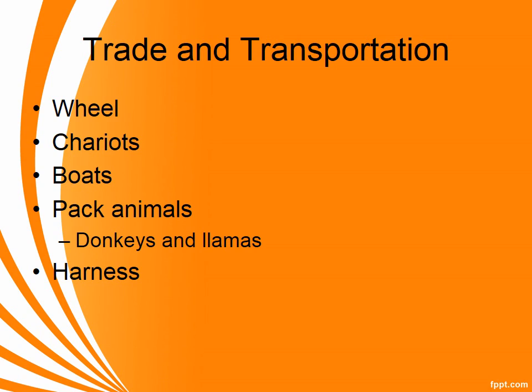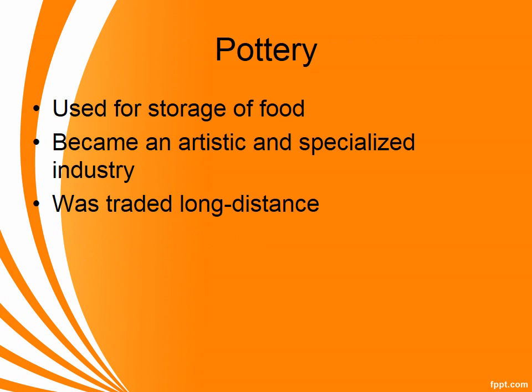The development of the harness. Now, this is a very primitive harness. One of the biggest problems they had with riding something like a horse is not choking them, and so it takes a long time to figure out a way to have a harness on animals that does not hurt the animal necessarily, and keeps the animal alive. These animals are economic investments, just like your vehicle is today, and so they wanted to make sure to maintain that economic investment, and it was difficult to do that with the technology that was available.